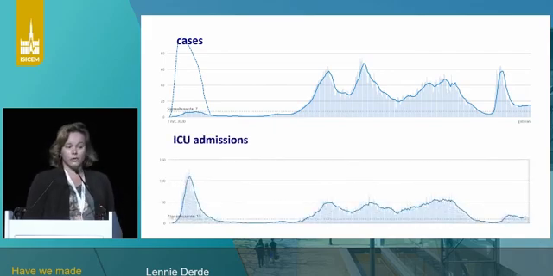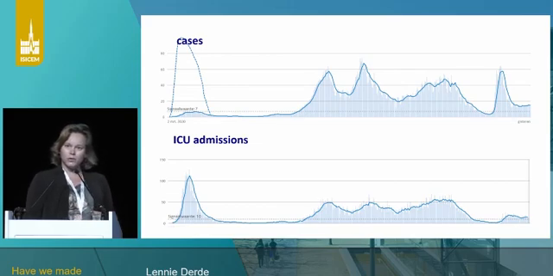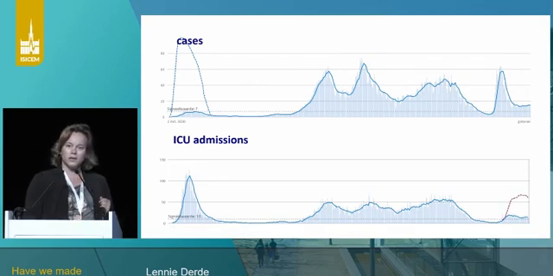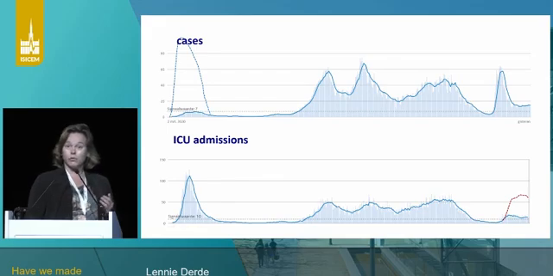And what you can see if you look at ICU admissions is that each and every one of these surges, of these waves of the pandemic, was followed by a wave in ICU admissions. So we had a couple of surges and we had a really rough autumn last year, like many countries in Europe. But the most interesting thing is in the right bottom of the slide, because what you can see is in the last surge, that was early this summer because we relaxed measures a bit too enthusiastically, there was a huge increase in the number of cases, but there were relatively few ICU admissions.